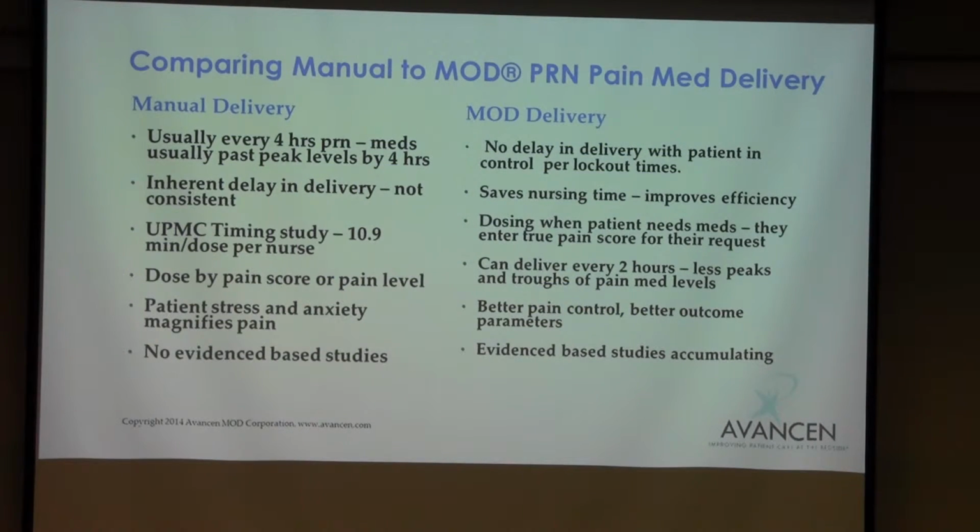Again, with manual delivery, we usually see meds peak past the 4 hours. Delivery is very inconsistent. We said 11 minutes on average. We saw data between 8, when people could run, to 17. Right now, we're doing another study at the University of Pittsburgh Medical Center which is directly comparing mod